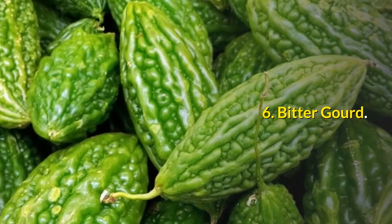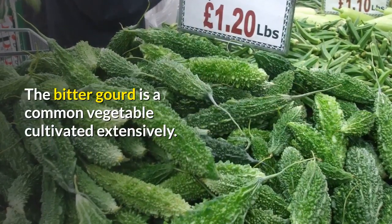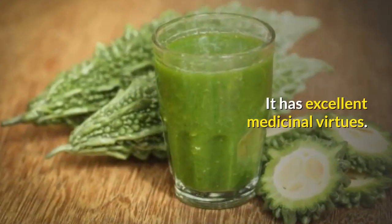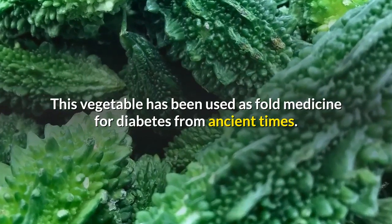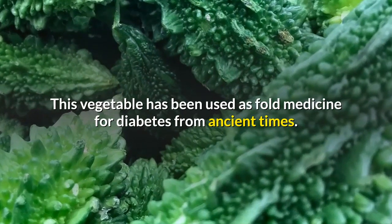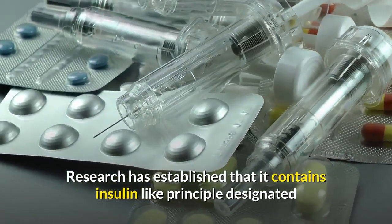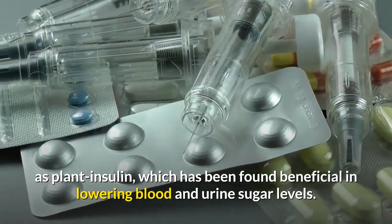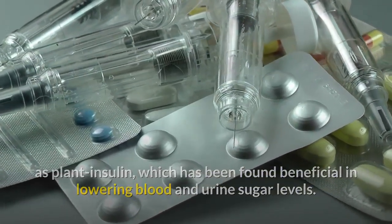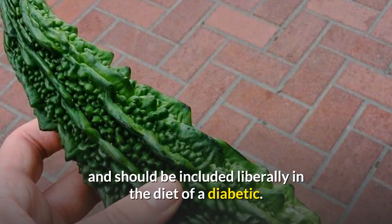6. Bitter gourd. The bitter gourd is a common vegetable cultivated extensively. It has excellent medicinal virtues. This vegetable has been used as a folk medicine for diabetes from ancient times. Research has established that it contains an insulin-like principle designated as plant insulin, which has been found beneficial in lowering blood and urine sugar levels. Bitter gourd is thus an effective anti-diabetic food and should be included liberally in the diet